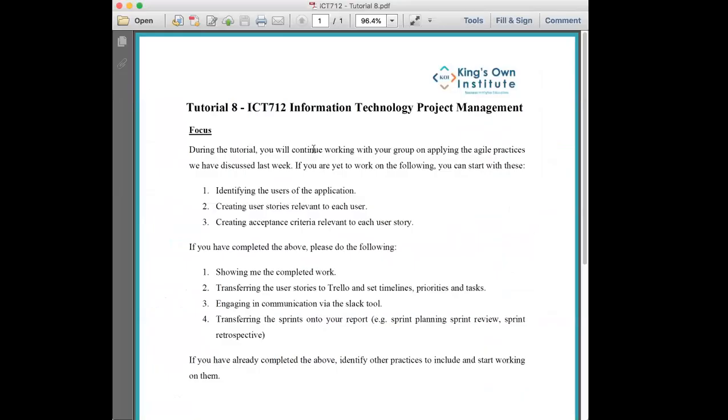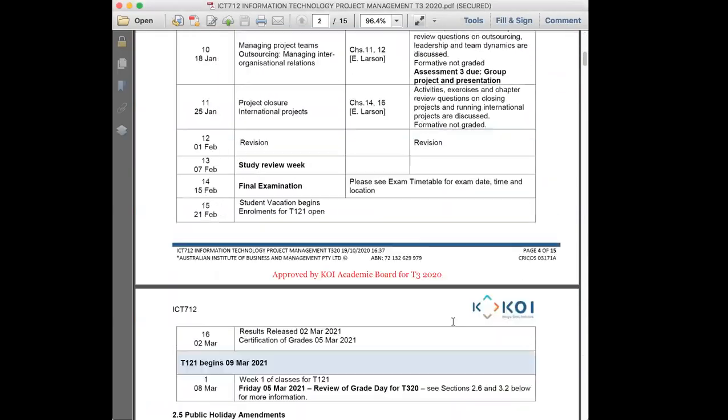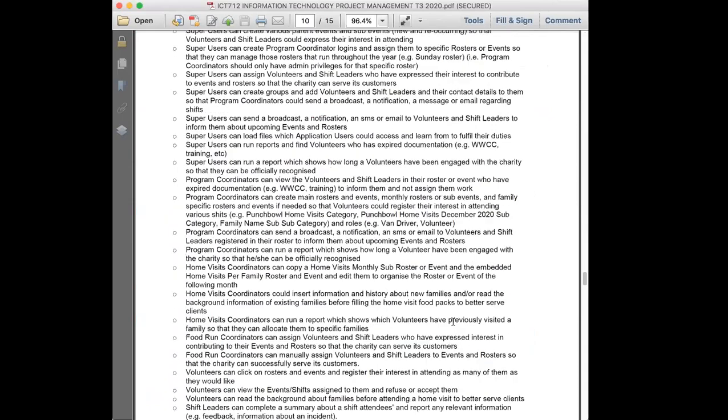So during the tutorial, you'll continue working with your group on applying the agile practices we discussed last week. If you are yet to work on the following, you could start working on this today in your tutorial. So you need to identify the users of the application. You're going to say, oh, how am I going to know who are the users of the application? Well, to get that information, you're going to need to go down in your subject outline. You're going to have to identify in the subject outline